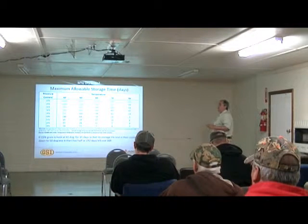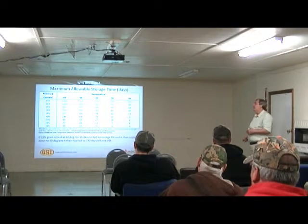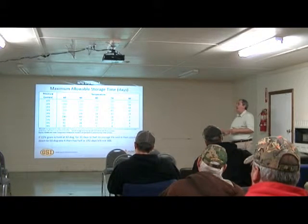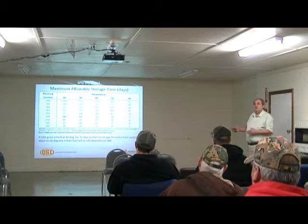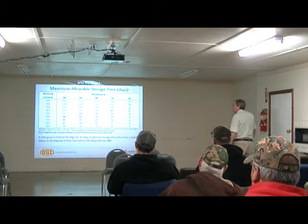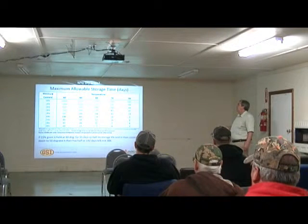Maximum allowable storage time in days. How many of you have seen this chart before? If you haven't, I've taken this and I've compiled it. This chart goes back so far that we don't really know when it started. We know it was prior to the 1930s. They did the testing, they did the analysis, they came up with the chart, and they knew approximately how long grain would store. In the 50s, it was improved some and expanded in terms of temperatures. And lately, a few guys have increased the upper temperatures, and I've compiled several of them together